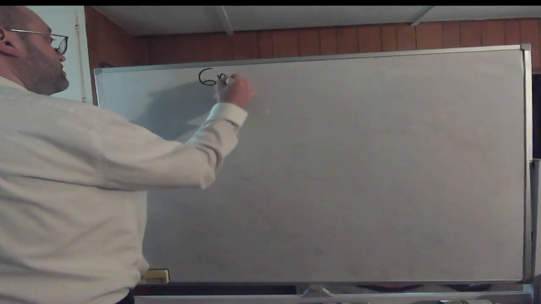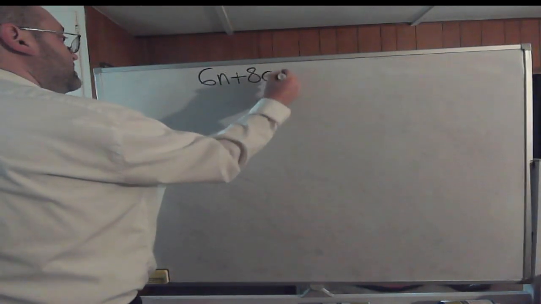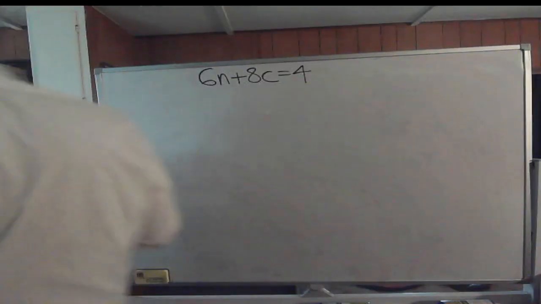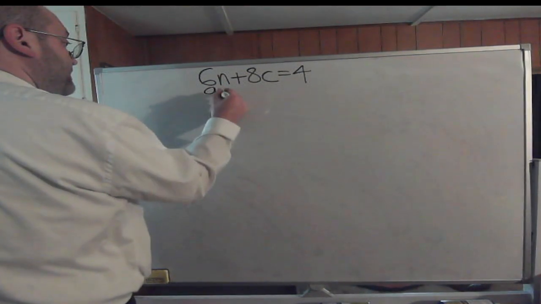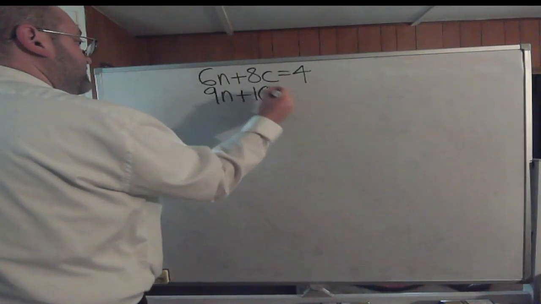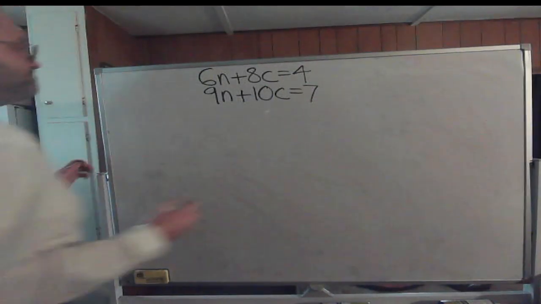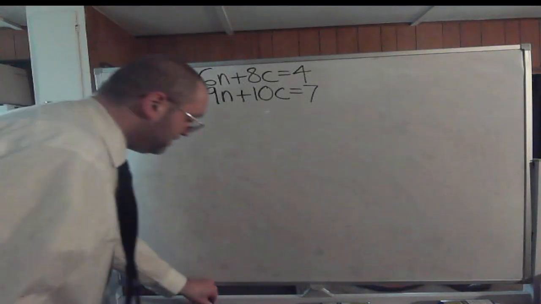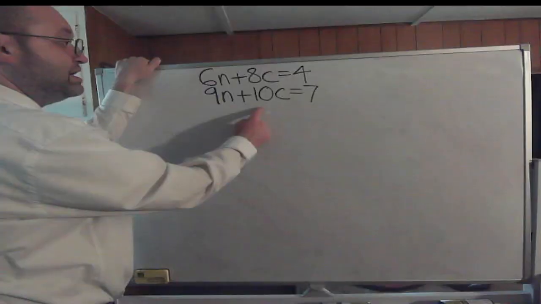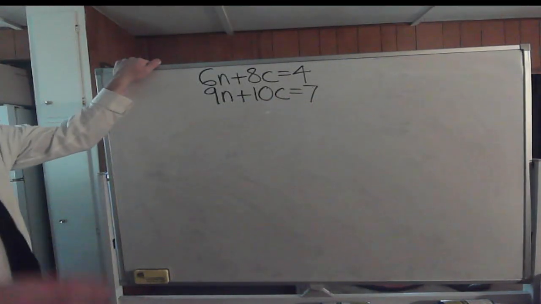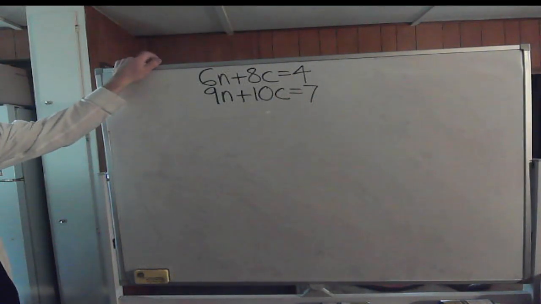All right. We have 6n plus 8c equals 4. Then we have 9n plus 10c equals 7. So 6n plus 8c equals 4. 9n plus 10c equals 7. Well,